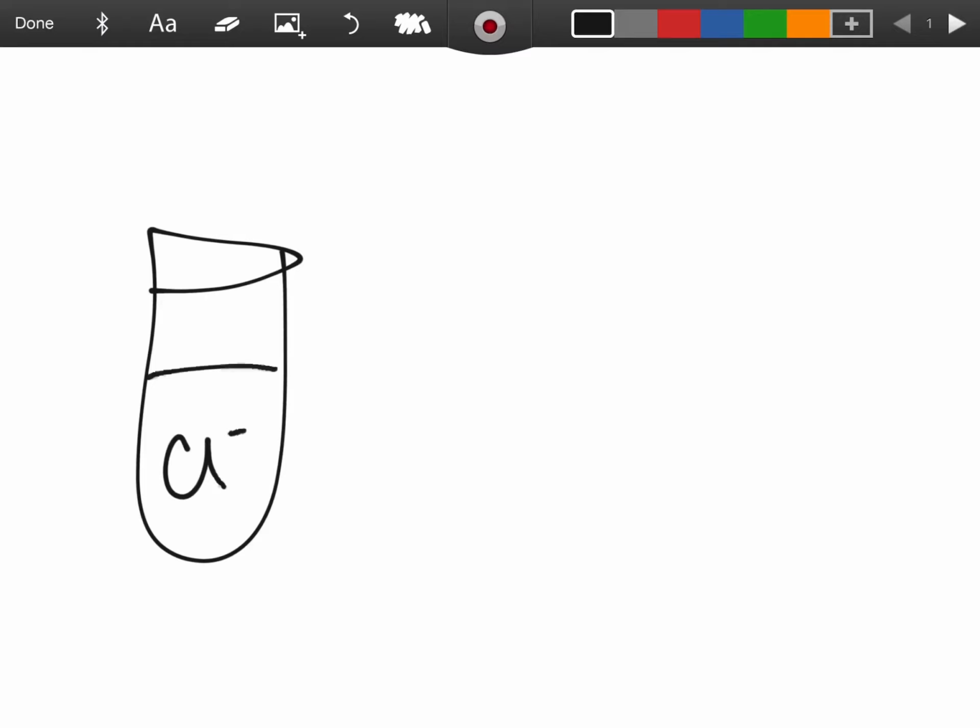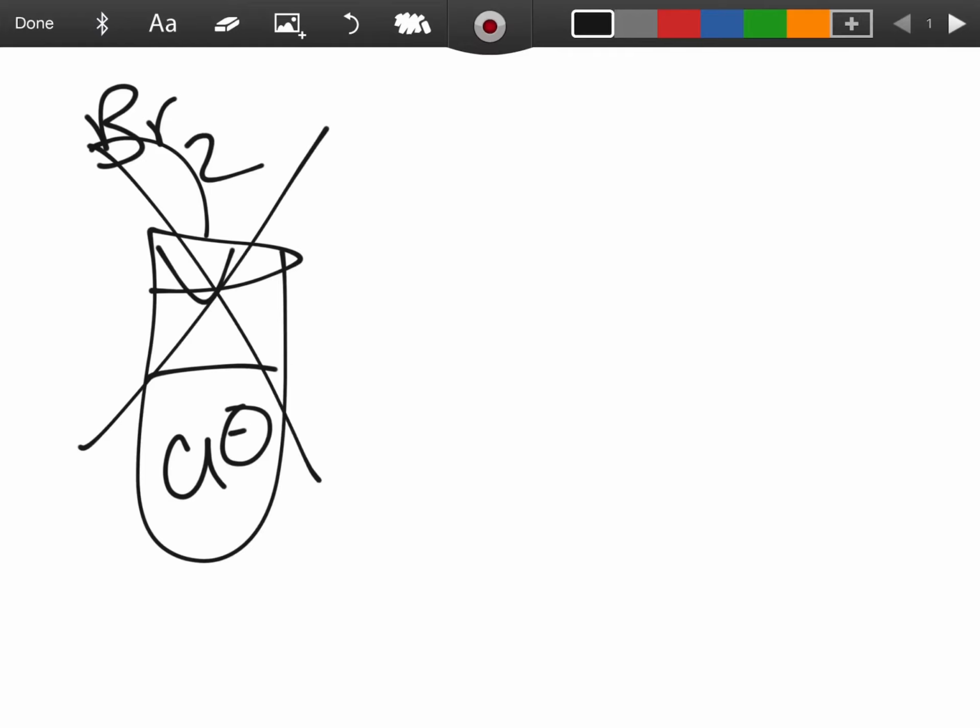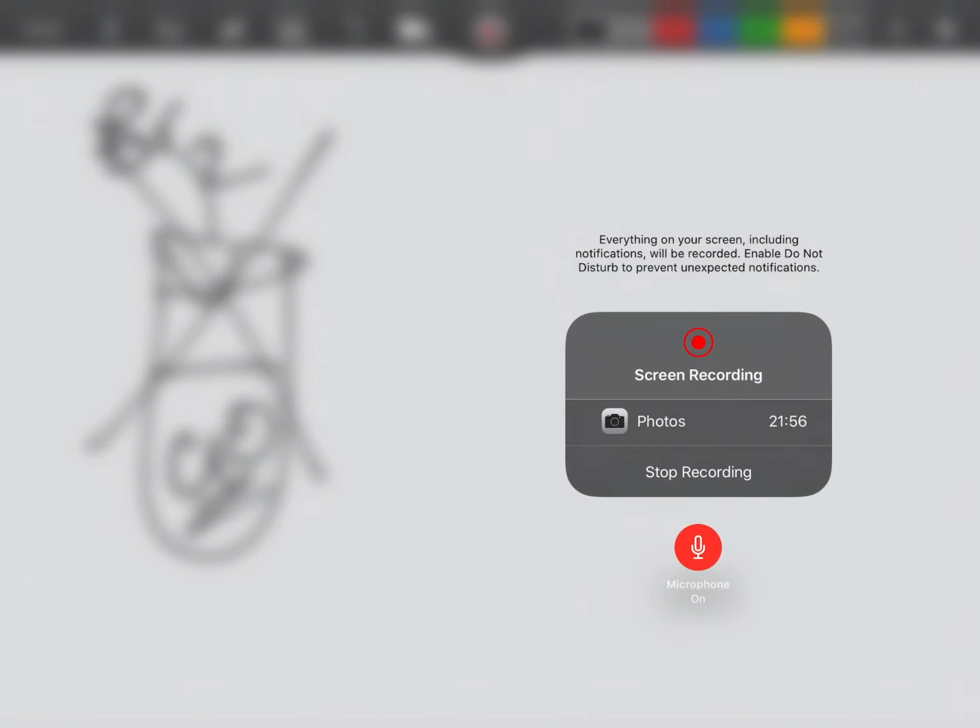Now, one reaction that they do not do, lads, is they don't have Cl minus ions in here, because nothing is going to take the electrons from the Cl minus. So they don't put in bromine water. The bromine is not more electronegative, so it's not going to be able to take the electrons from chlorine. So they don't show you that. So it's just those 3 that are in your revision book, and then the 2 other tests